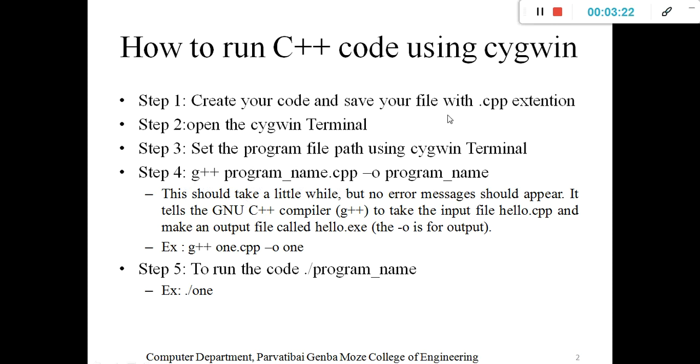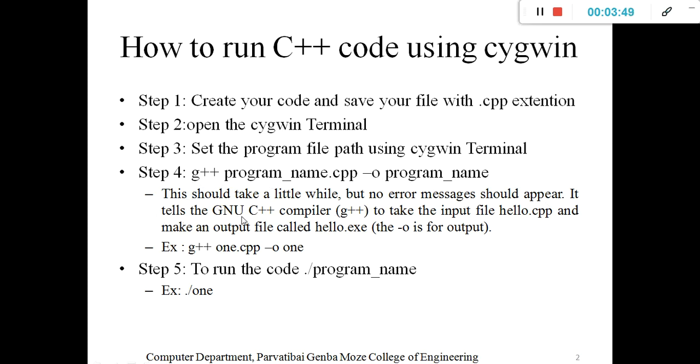Whatever your program name is, you write g++ program name .cpp -o, which is the output, then the program name again. The g++ command compiles your C++ program, and the -o with the program name gives the output file with the extension .exe. This should take a little while, but no error message should appear.